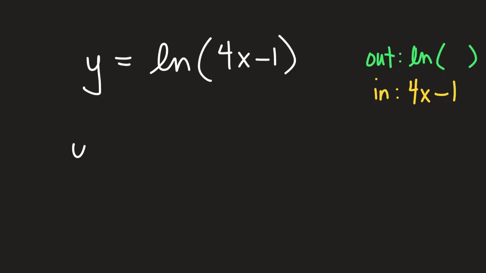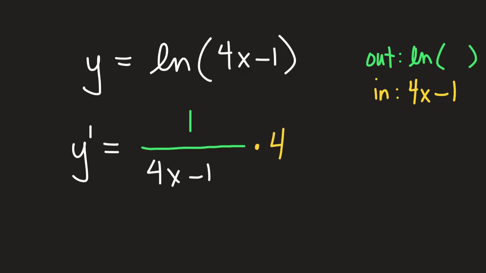So hopefully you memorize the derivative for natural log. Okay? So a natural log derivative is 1 over whatever the argument is. 1 over 4x minus 1. Whatever is in parentheses after your natural log goes into your denominator. That's how we do the derivative of a natural log. And then we multiply it by the derivative of your argument, which is just, in this case, 4. Right? The derivative of 4x minus 1